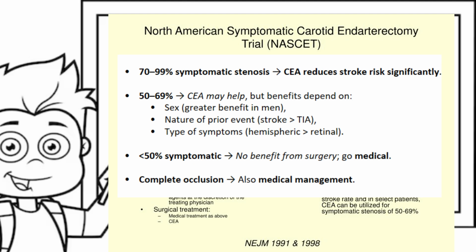things. One, the sex of the patient, with greater benefits in men than in women. Two, the nature of prior events, with patients who have had a stroke having much more benefit than patients who had a TIA, that is a transient ischemic attack. And three, the type of symptom, with patients who had a hemispheric symptom benefiting more than those who had just